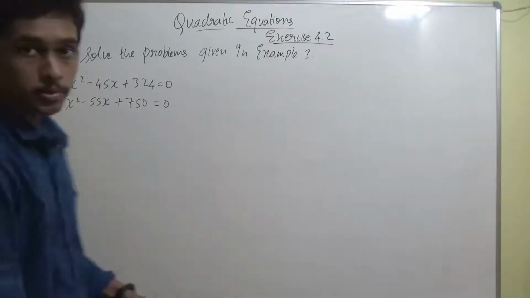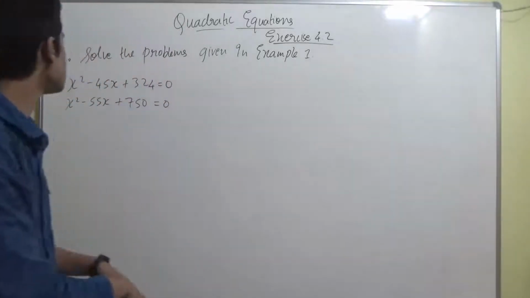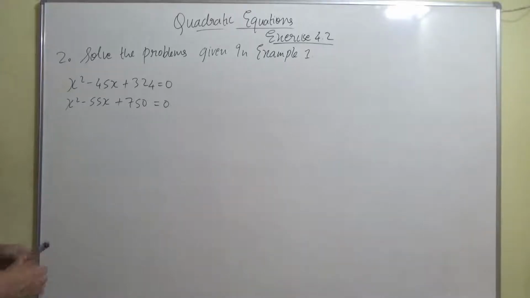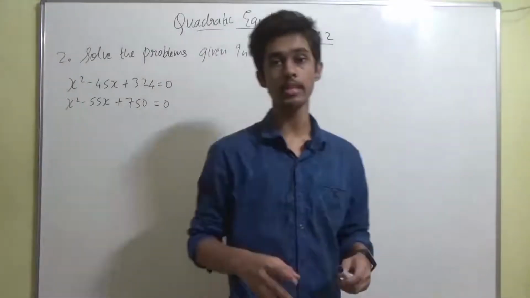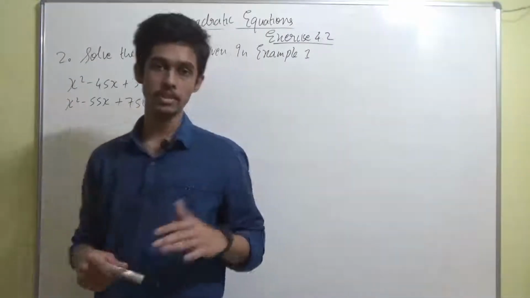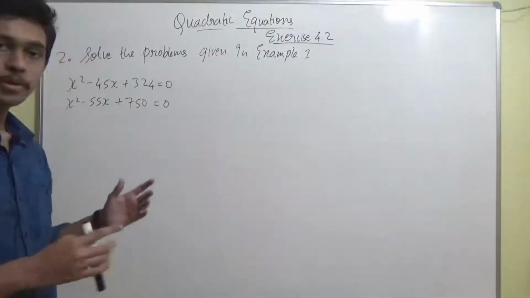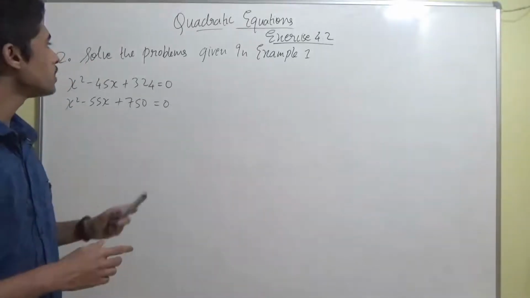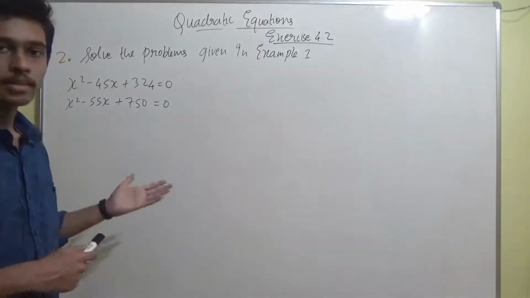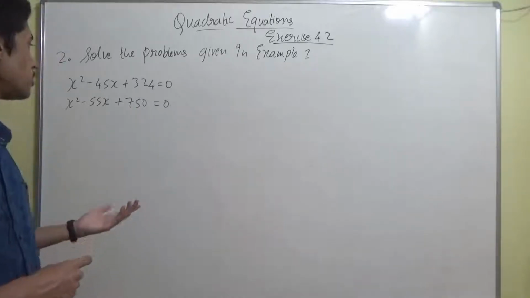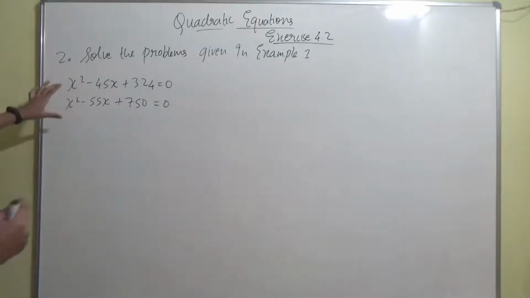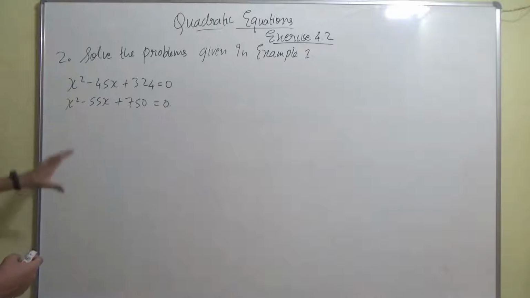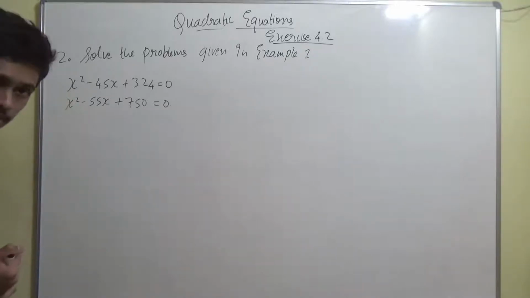Okay guys, now let's see the next question, right? They're asking us to solve the problems given in example 1. If you remember, in example 1 there were 2 sub questions, and I told you we just formulated the equations. I told you that further in the exercise they may give you the reference of the example and tell you to solve it. So here it comes, guys. So we have to solve these 2 equations. If you want, you can go back to that lecture and watch it. It was lecture number 1 where we formulated these 2 equations. Now we have to solve them, right?